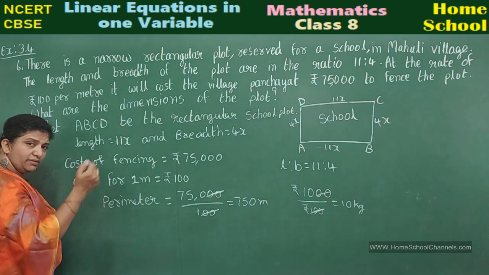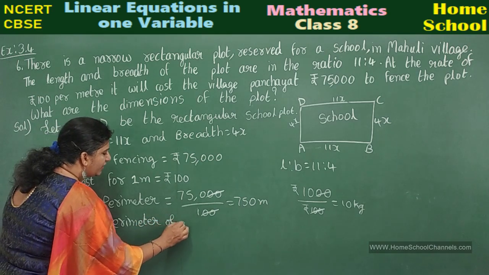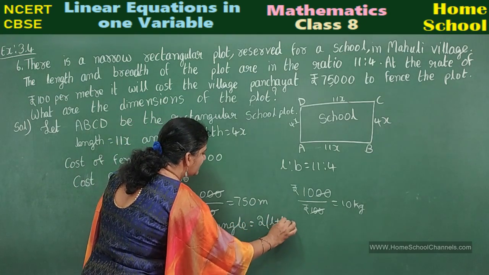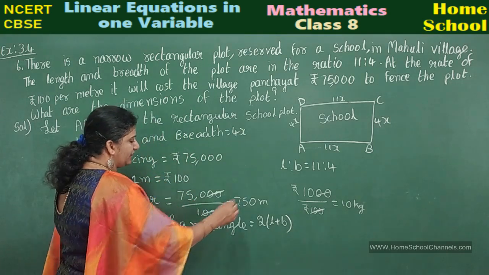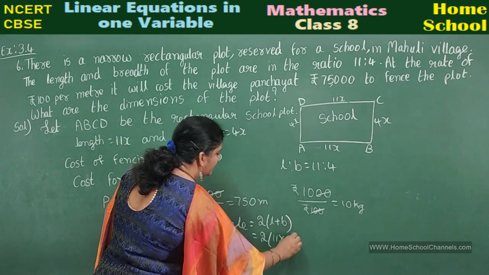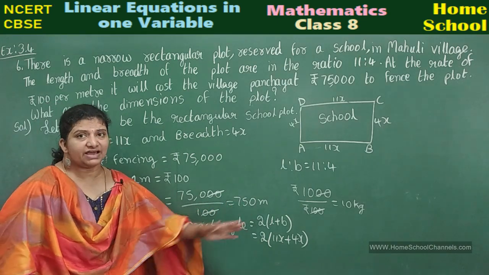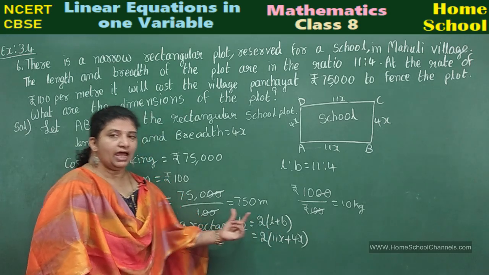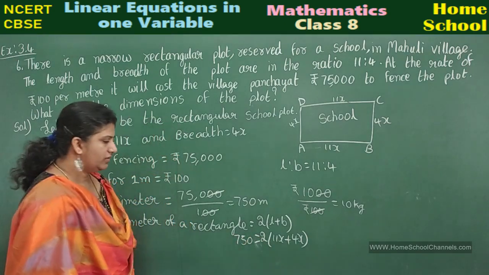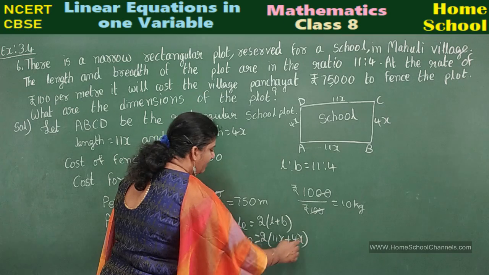But what is the perimeter of a rectangle formula? Perimeter of a rectangle is equal to 2 times (L plus B). That is 2 into (length 11x plus breadth 4x). And I know the perimeter of the rectangle is 750 meters. See here, the formula I have written, and the perimeter of this rectangle I know is 750. Equate with this. This 2 multiplied, transpose to the other side. 750 by 2 is equal to 11x plus 4x